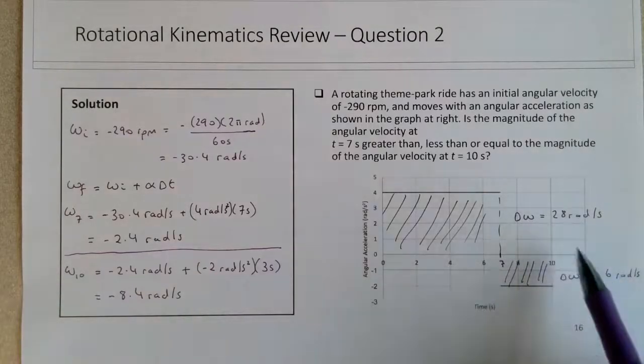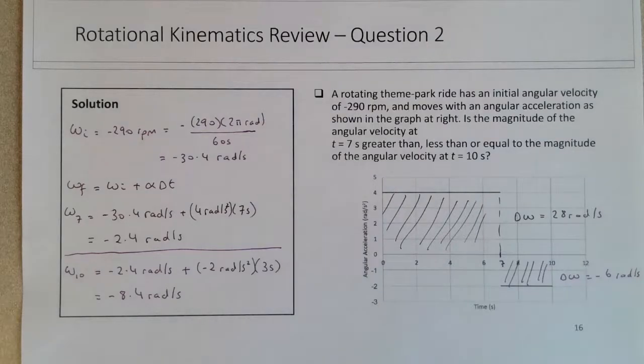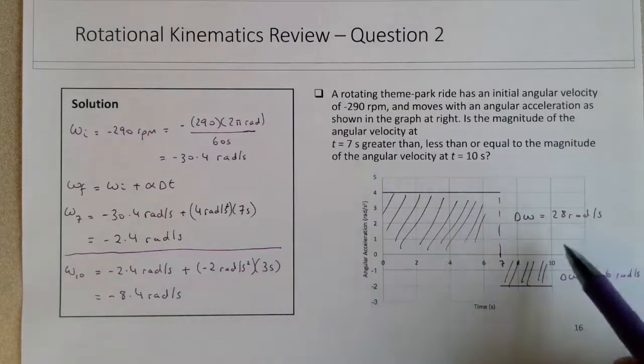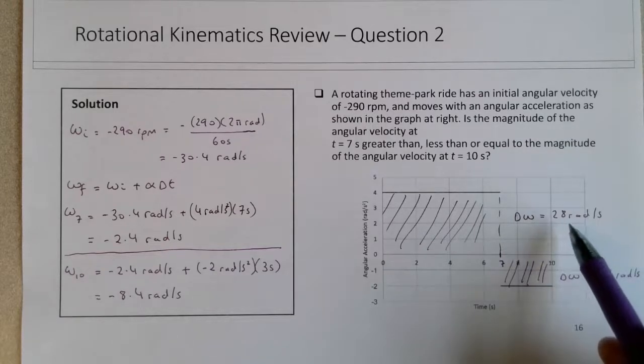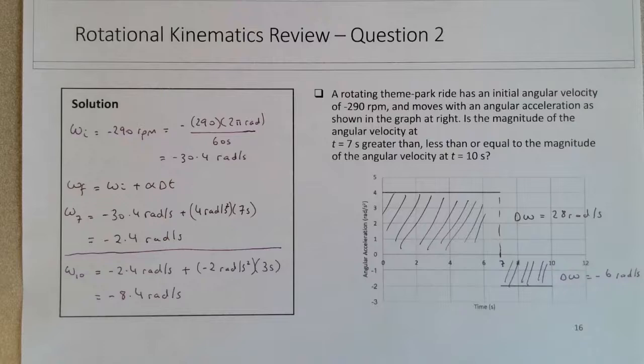So overall there's a change of negative 22 radians per second, and that will give you this consistent final speed of negative 8.4